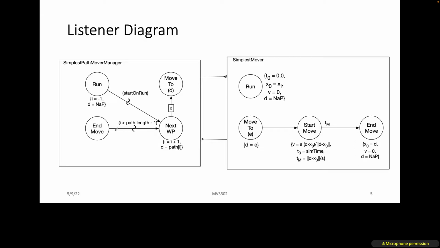But because this is listening to the mover, it will hear the end move event, and as long as there's another item in the path, it will schedule the next waypoint, and that cycle will keep going until I run out of waypoints, and then this will not get scheduled, in which case if this is all there is on the event list, then it will empty out, and that's all that there is. So again, once the event list is empty,